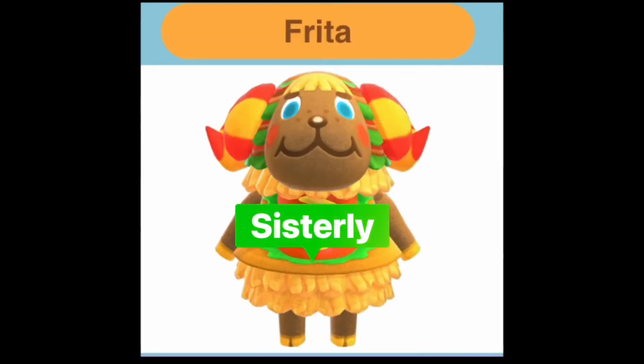So our next one is Frita. Well, the thing is, she is like a sister figure, but she's also a foodie, and I have been trying to hunt for her for a while. When I was doing my villager hunts, I was thinking to myself, hey, let's go villager hunting for Frita. Well, it happened to me once, and it didn't go to plan. But I don't want to keep using the word obviously today. I keep using it twice and twice again, but I can't even think of another word to describe it. But eventually I did get another sheep, didn't I, which was